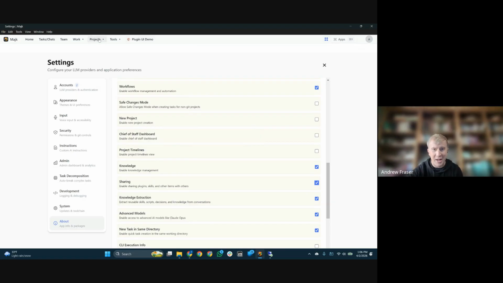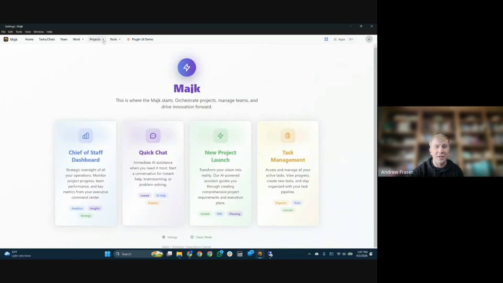So they're running in the background anyway. What this is doing is giving you visibility into the features. And so knowledge, sharing, check the box, away you go. You can close the settings screen once you have activated any of these features, and you can then go straight to them. You've probably noticed as you've been using Magic that